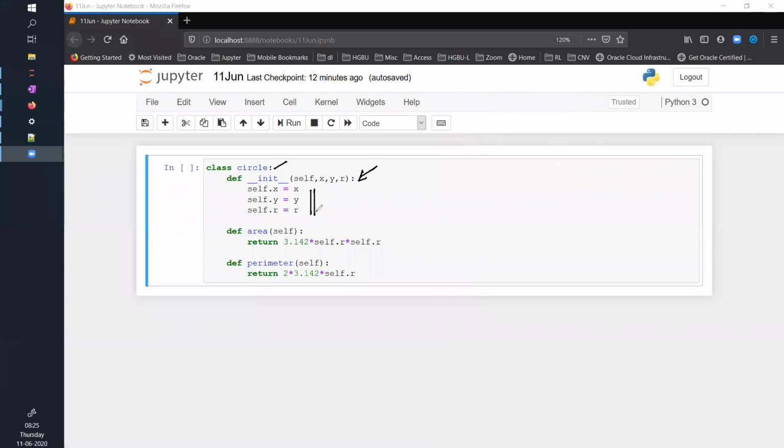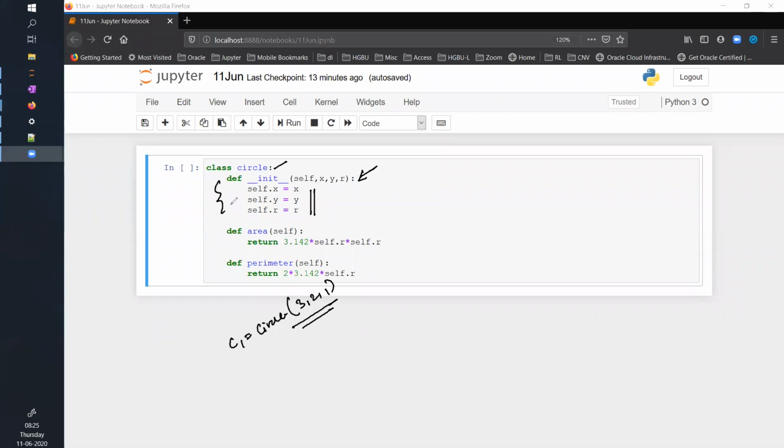Whenever you are creating the object, you need to initialize some of the attributes and assign them to the object that you are going to create. How do you create an object from this class? You will say C1 equals Circle, and then pass all the parameters, 3, 2, 1, let's say. So the moment you call this, this def init function gets called.